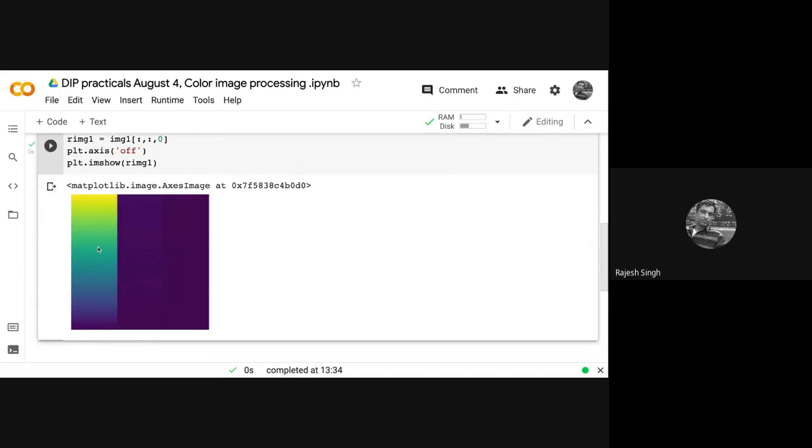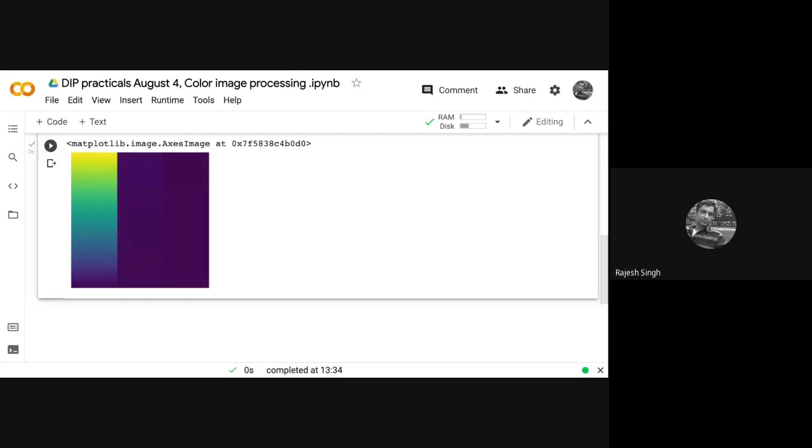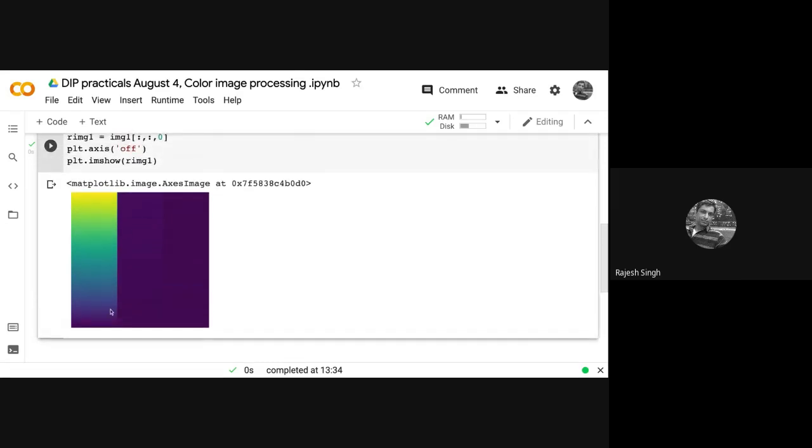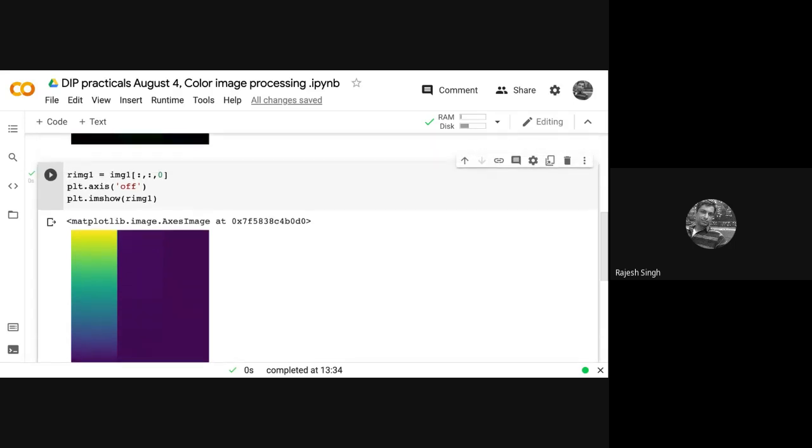So you can see that I got something. Now this something which I've got is a little fishy, because you get some weird color. You want a red component and you are getting some yellow, green, blue. The reason for this is that Python uses some random color mapping before printing the image. So if you want to fix the red component correctly, perhaps you need to put a color map.